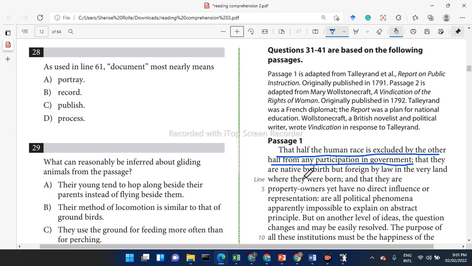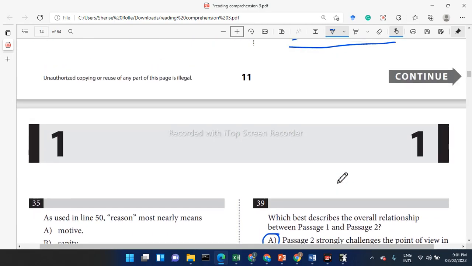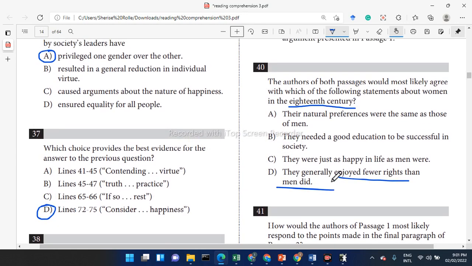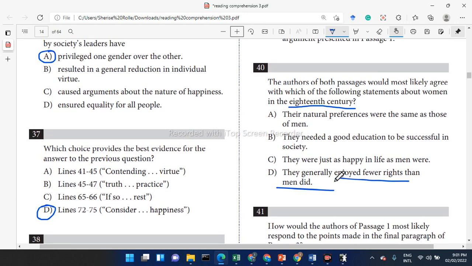That word, when they use enjoy, they don't really mean happy. What do you mean? Which part? When they say women enjoy fewer rights than men. Oh yeah, no, they mean happy. Well, that changes everything. I thought they meant women were excited. No, they enjoyed, or they basically had. That's a better word to put. Women had fewer rights than men did.